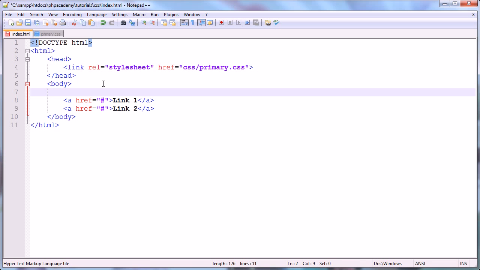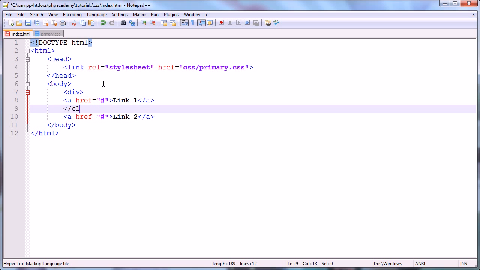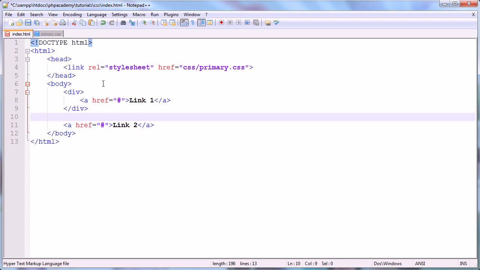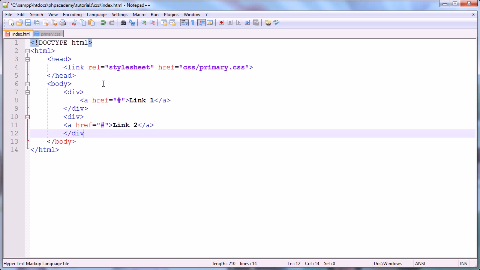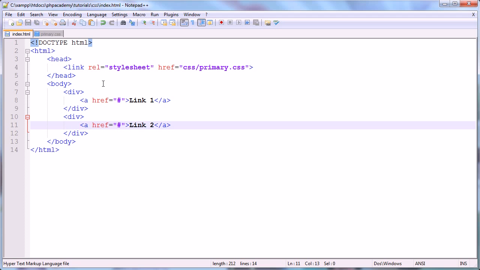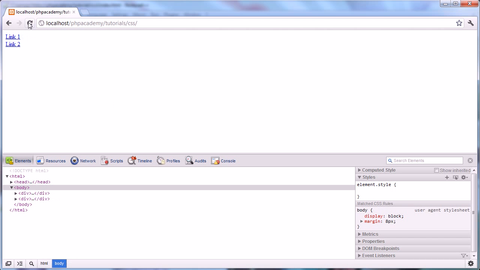Now what would happen if I say put a div around each one of these? I'm not going to give it a class or an ID. I'm just going to go ahead and put a div around each one. Now we assume that the anchor tags, so the A tags, have automatically been given a display type of inline. Now when I wrap a div around each one, you'll see that we get a slightly different result, and you see that they are pushed down